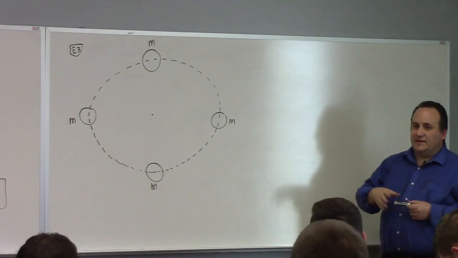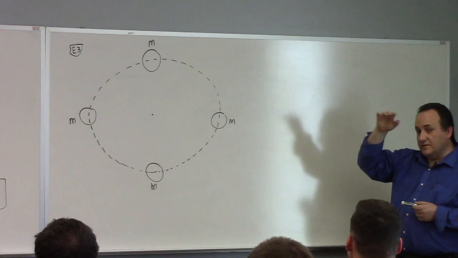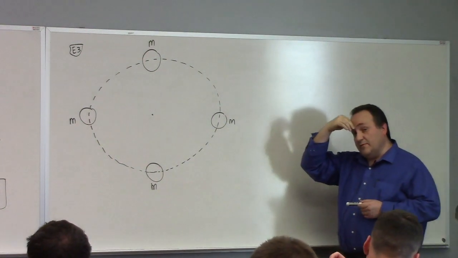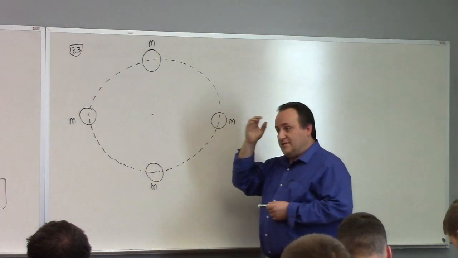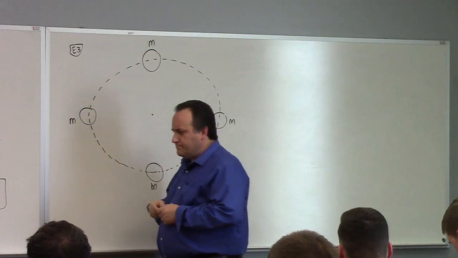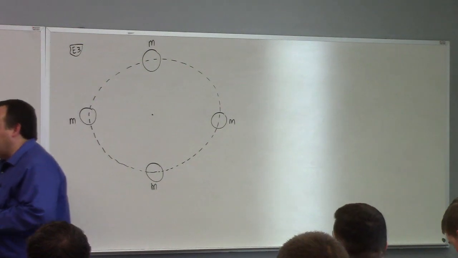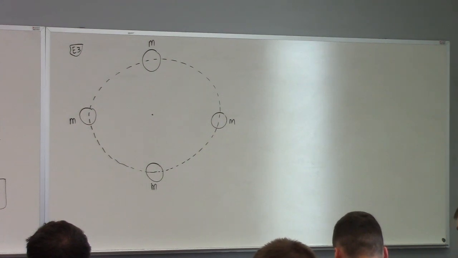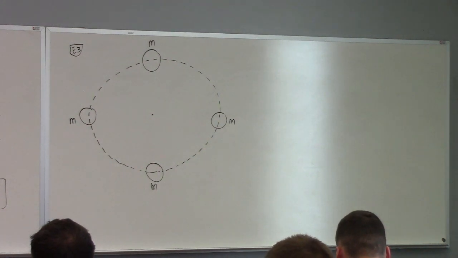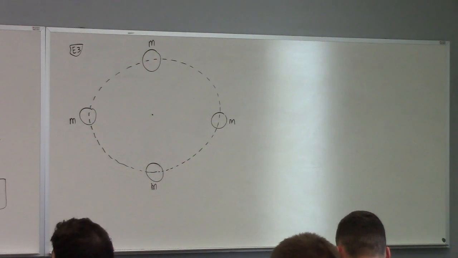Now you notice I only analyzed one of the stars in the previous example, right? I didn't do Newton's law for both of them, did I? It was enough to just do it for one. Why? It's a symmetry, right? Because it's the same for one as it is for the other. And the same thing is true here, right? So I just need to look at Newton's law for one of the